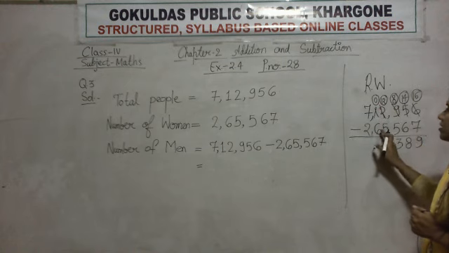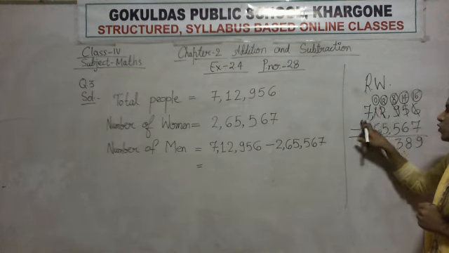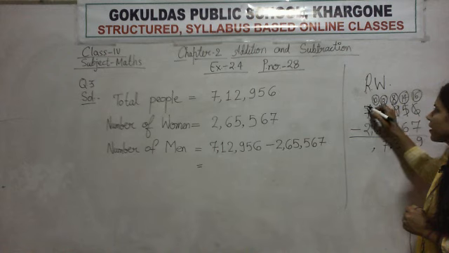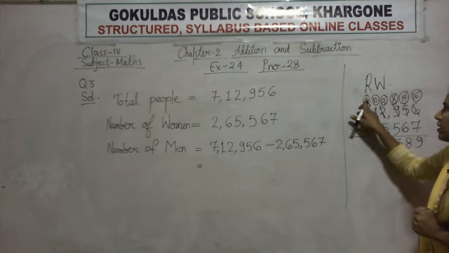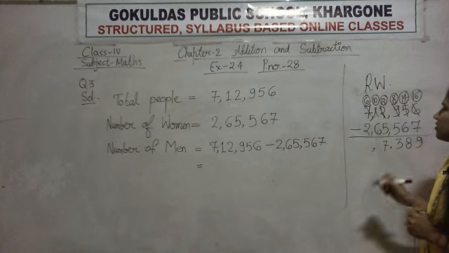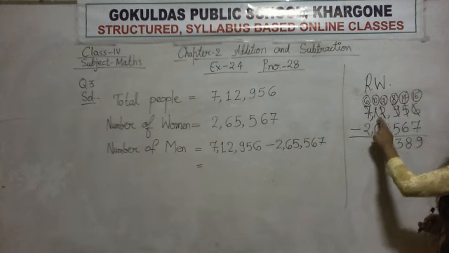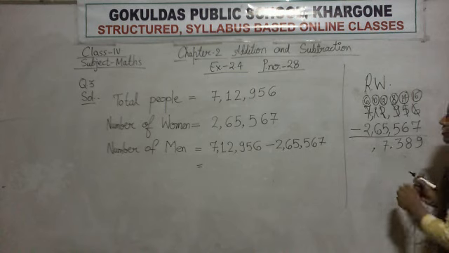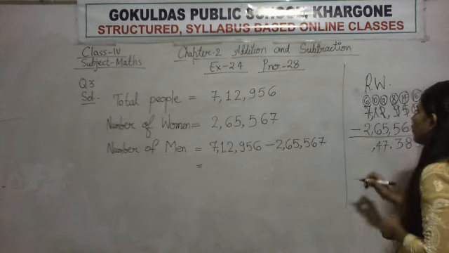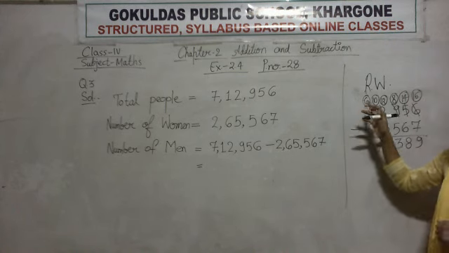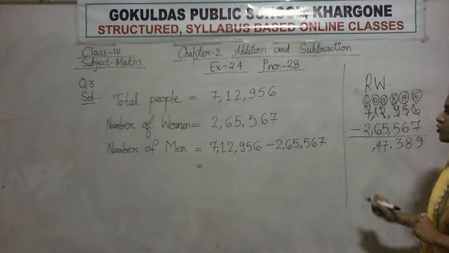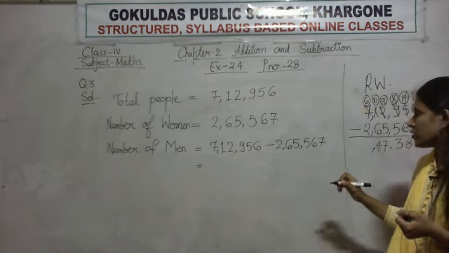You cannot subtract 6 from the 0, so you will take the borrow from the neighbor. When you take the borrow, it becomes 10 and this number becomes 6. Now solve this column. 10 minus 6 is 4. Now subtract the next column, 6 minus 2. 6 minus 2 is 4.